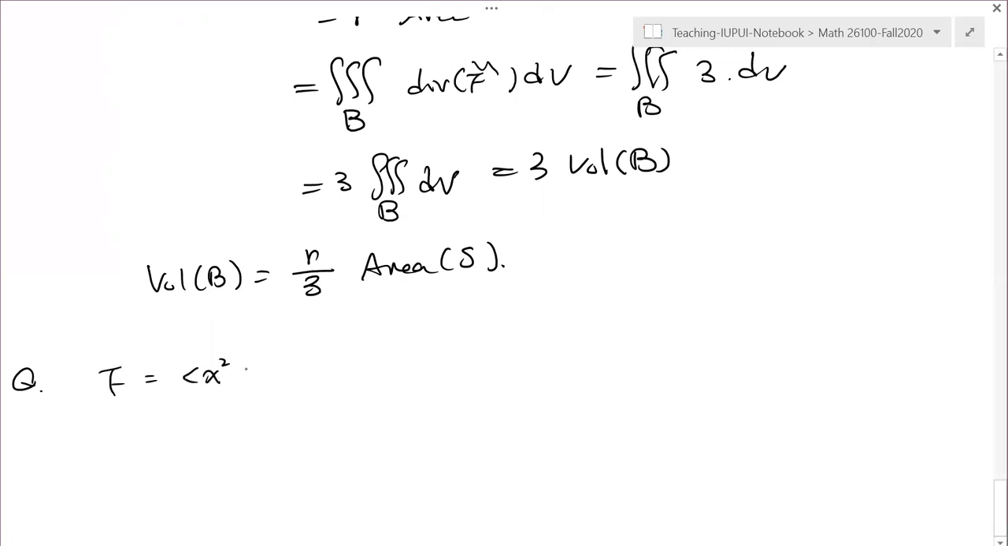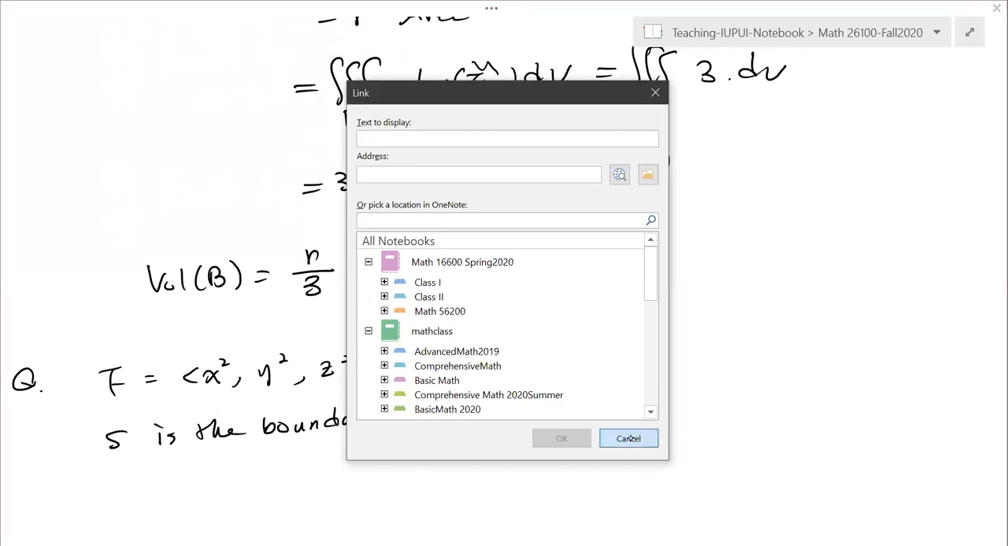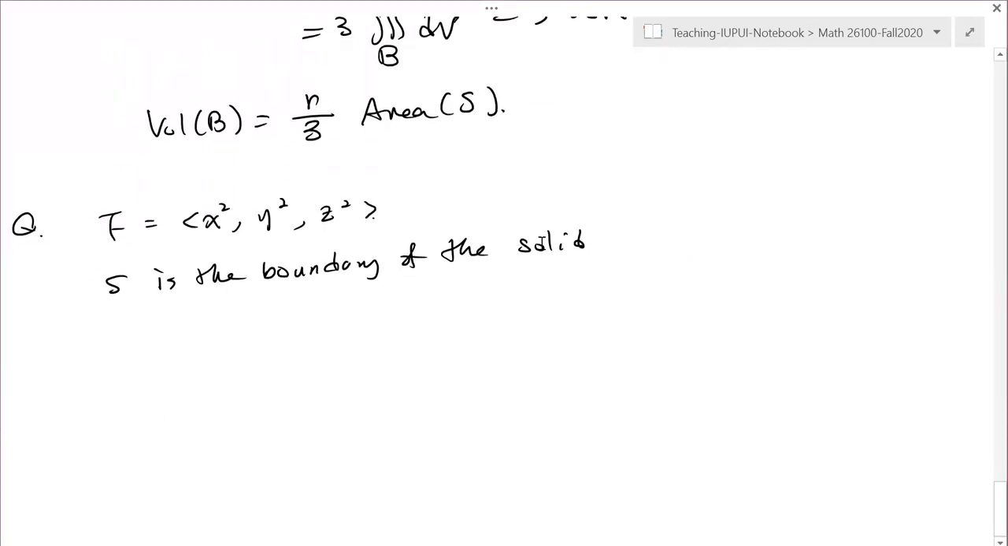F is going to be x squared, y squared, z squared. Okay. So S is the boundary of the solid, right? This solid is described as follows. Solid E, okay? So Z is between 0 and the square root of 1 minus y squared. And X is between 0 and 2. And I think Y,